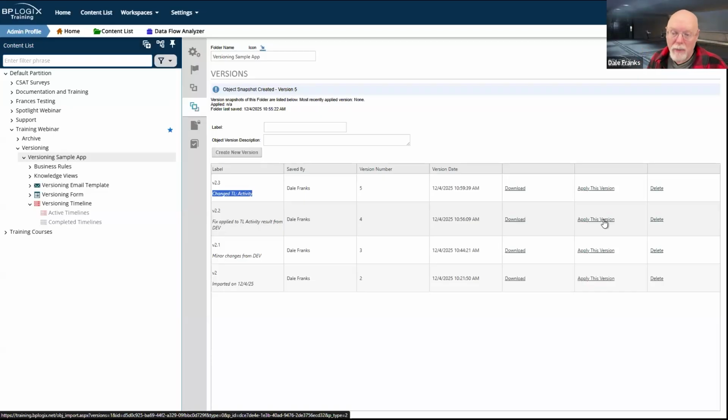Admittedly, it can be, especially if you are doing a lot of changes and you're making versions at the end of every work session. Sure. However, having said that, it is a lifesaver if you make some sort of major mistake, because you can always roll back.